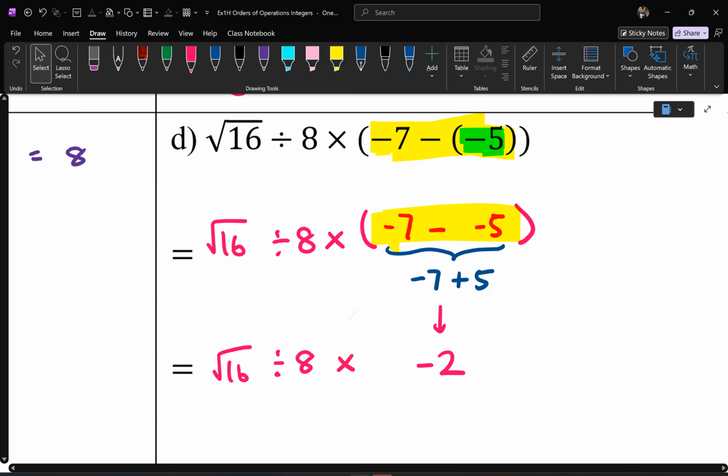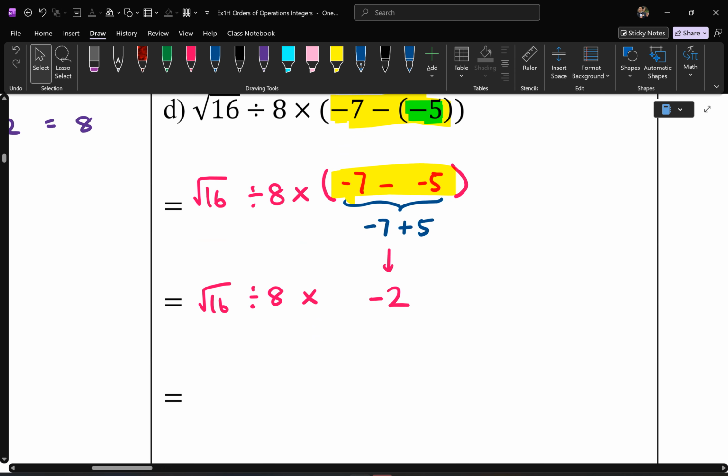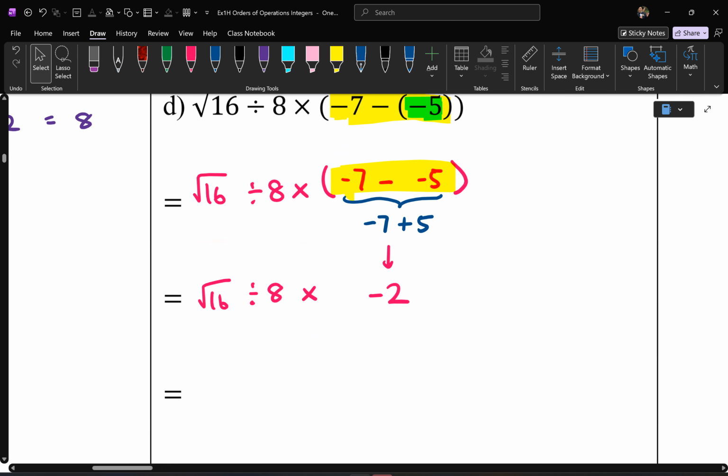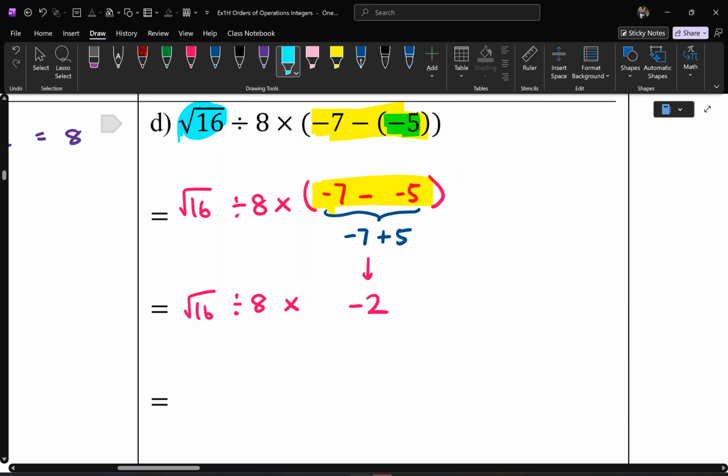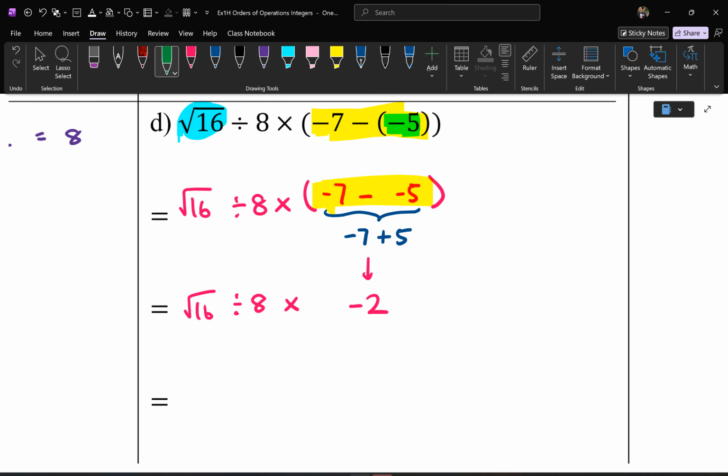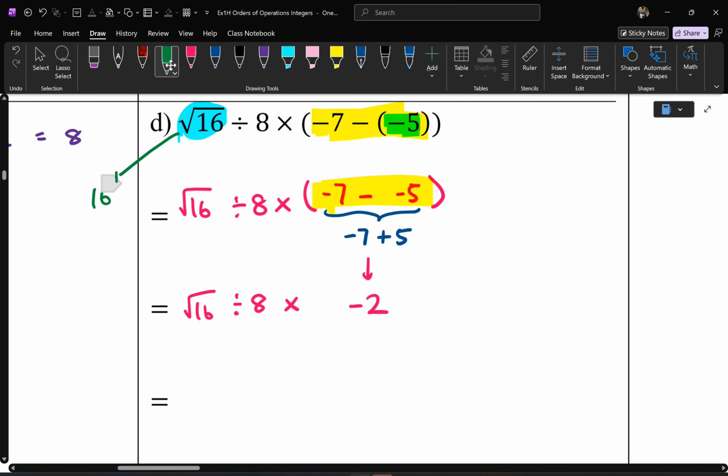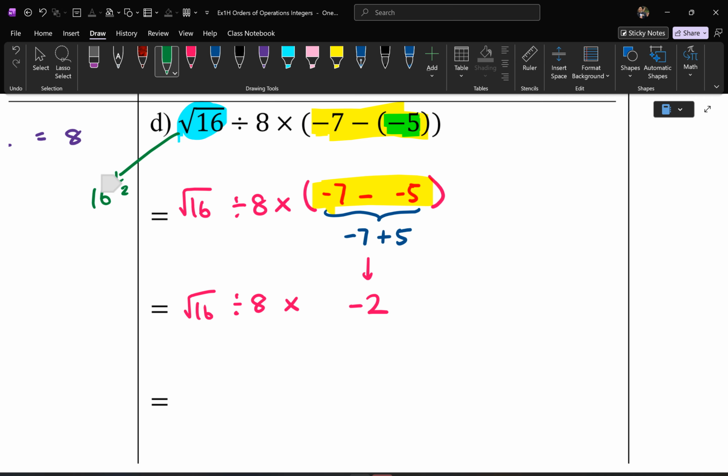What's the next step? Any powers do you see? No, but there actually is. Now, this is a bit of higher level thinking. At the year 9 level, which you guys aren't at yet, square root of 16 is actually an order. In year 9, you'll learn it is actually 16 to the power of half. So if you've got a calculator, you can actually try typing it. If you have a calculator that doesn't have a square root symbol, for example, you can actually type 16